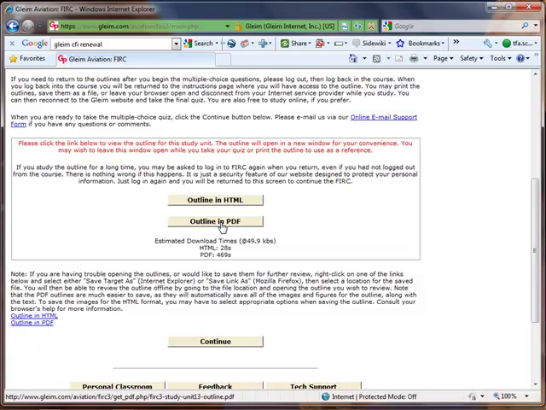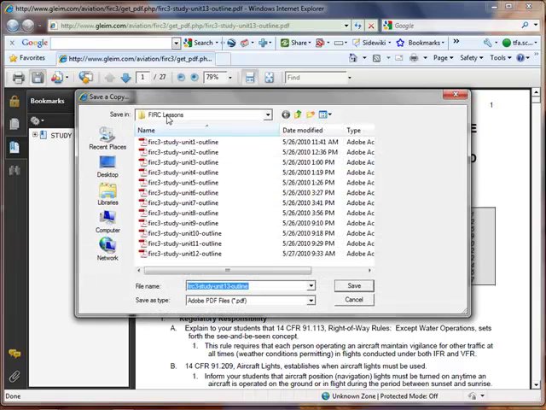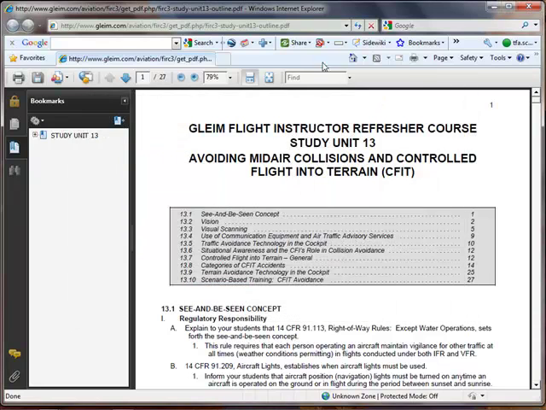But you'll have all the answers for the test right here in this document, either one of them you pick. I usually like the PDF because it's going to pop up and give me a few seconds here, hopefully, the outline, and then I can save this so that if I want to reference it at some point in the future, I can. So I'm just going to save it, and you can see I made a folder for all the lessons, and this is number 13, so we'll just save that. And then I can switch back and forth between this